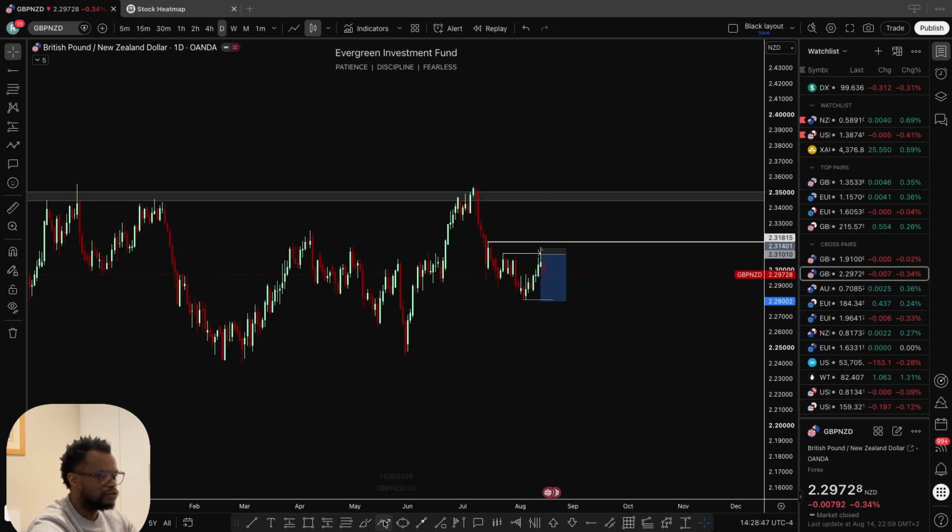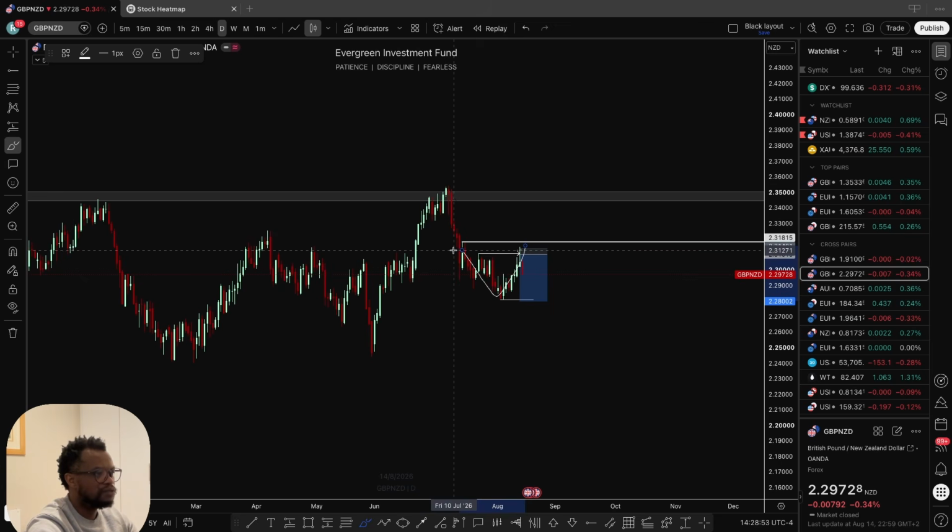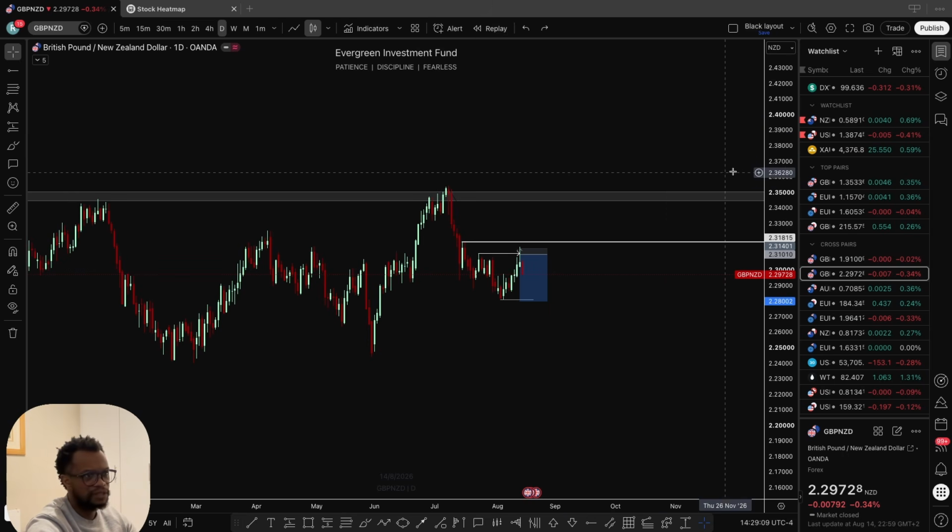Obviously, if you know how I trade, I like these V shapes, right? Why do these V shapes form? Price builds up, we drop, and then we come back to the value areas to fill the rest of the order, and then the next move will be much stronger. So that's what I look for in the market. The reason I say I missed this one is